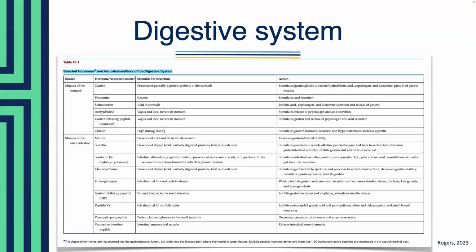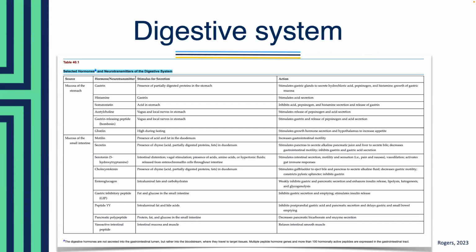All right, so the first thing we're going to look at is the digestive system, which is regulated by various hormones and neurotransmitters. The textbook does a great job offering tables, charts, and figures that add to the visual learning, so take a peek at that. Make sure you look at those. Some of them are presented in the information we're going to look at today and through these slides. And then you can also look at the supplemental PowerPoints,